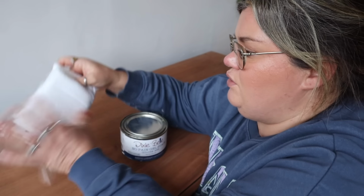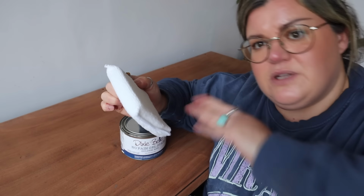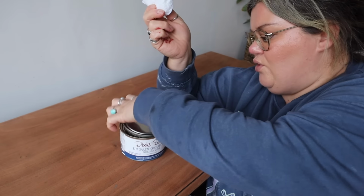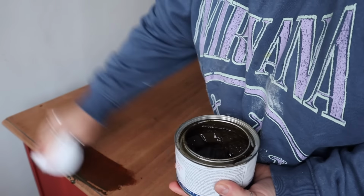But these are really good for, let's make a little bit more noise opening it. These are really good for stains because they give you a nice even coat, nice even distribution. You don't get any kind of tide marks or any streakiness with it. So this applies super easy. As you can see, I'm just putting it straight onto the applicator pad,